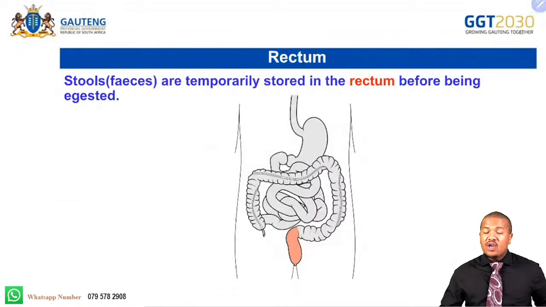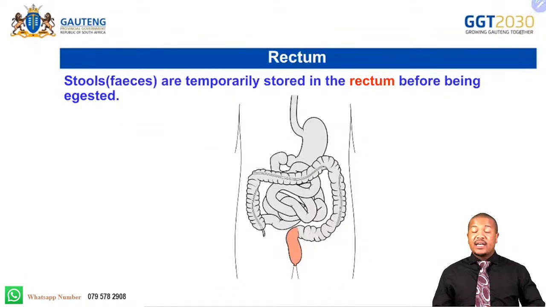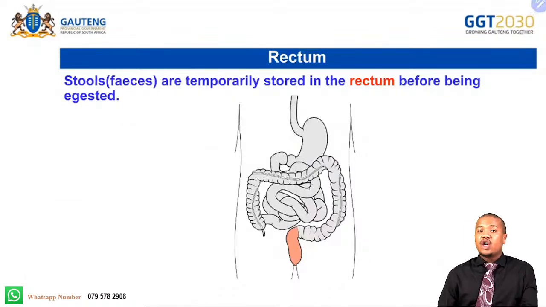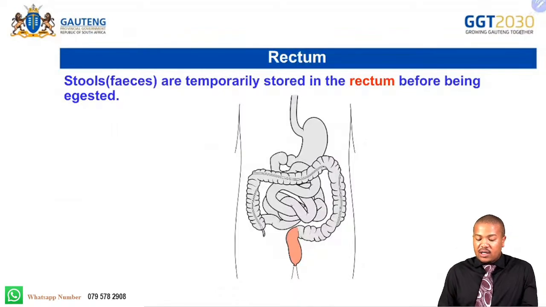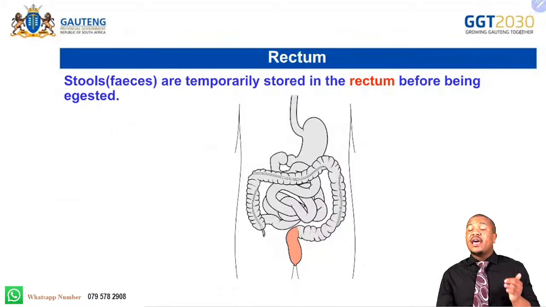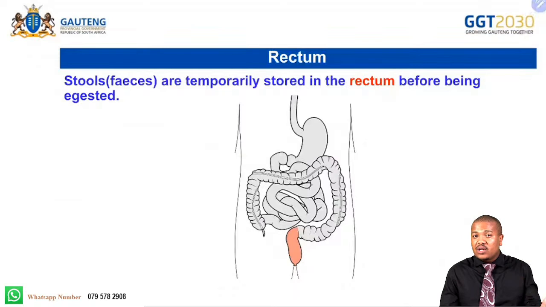Now, we also have the rectum, which I've spoken about. I said it is connected to the colon. The rectum is the temporary storage for feces or stools. They are temporarily stored in the rectum before being expelled. This is where you feel that now it's too much, now I need to go to the loo, I need to relieve myself. This is where you experience the pressure, right there in the rectum. The rectum is this part here, and it's a muscular bag that is able to store the feces temporarily